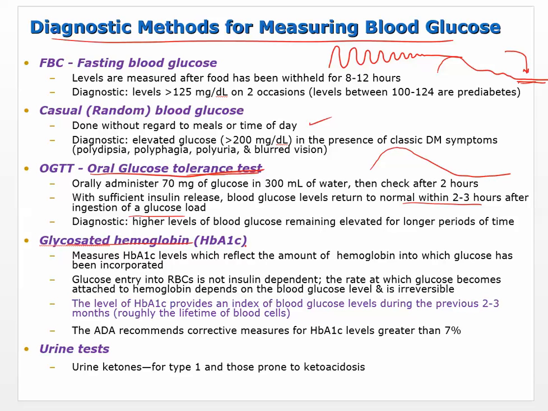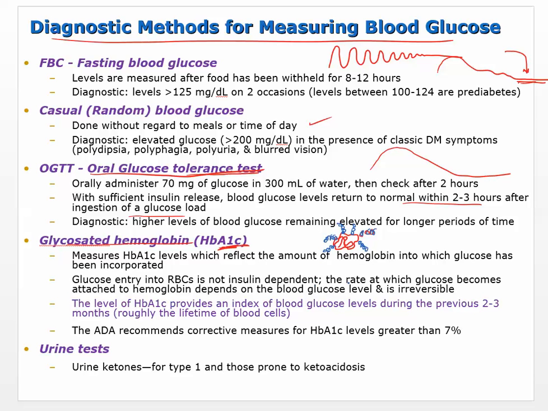hemoglobin, or HbA1c, a lot of times just called the A1C test. And what that does is, your hemoglobin's a protein, and this protein can be glycosylated. Okay, so that means that here we'll make those in blue. That means that this hemoglobin can start to take on glucose molecules. And how many glucose molecules will attach to it depends on how much glucose